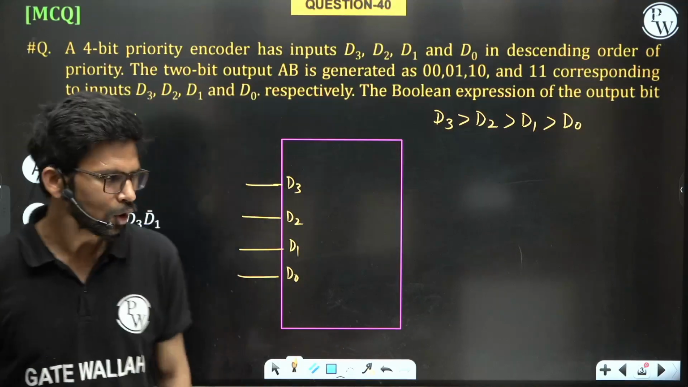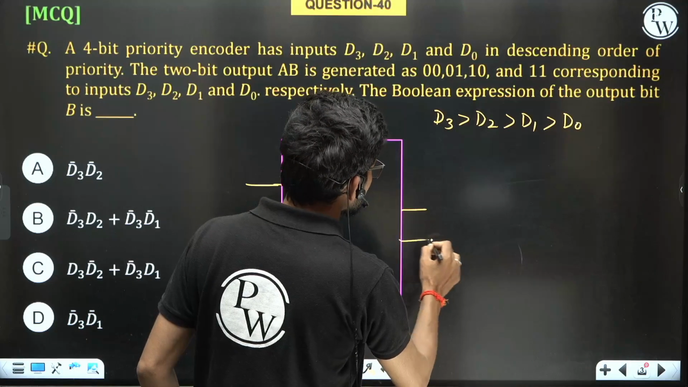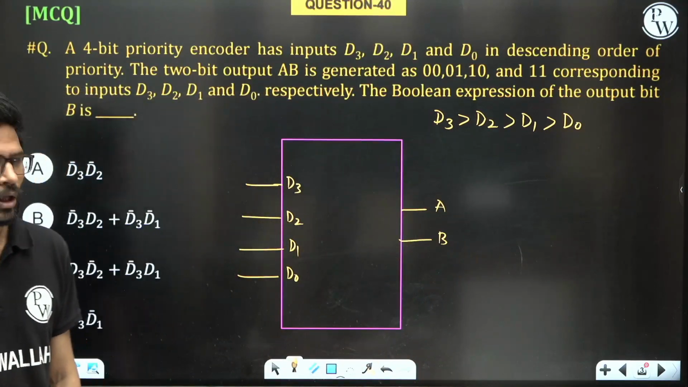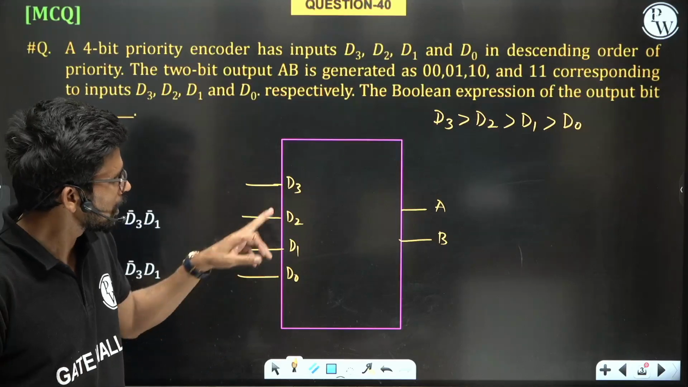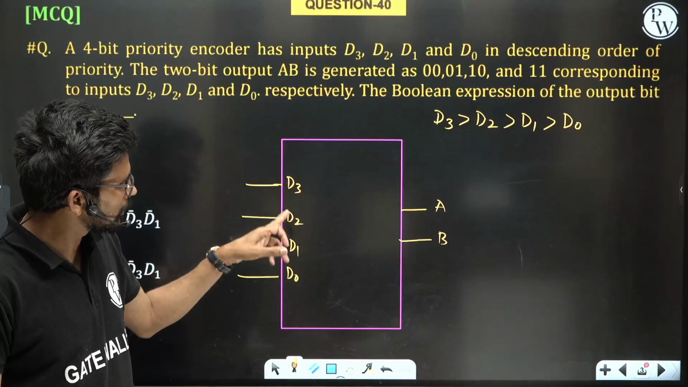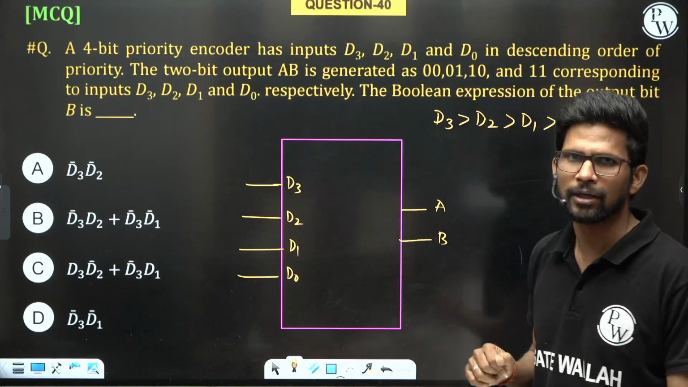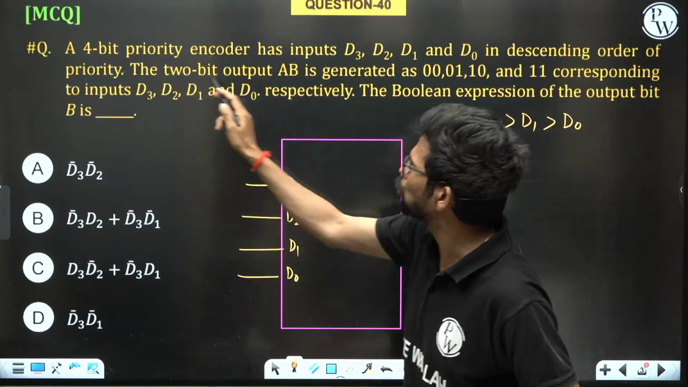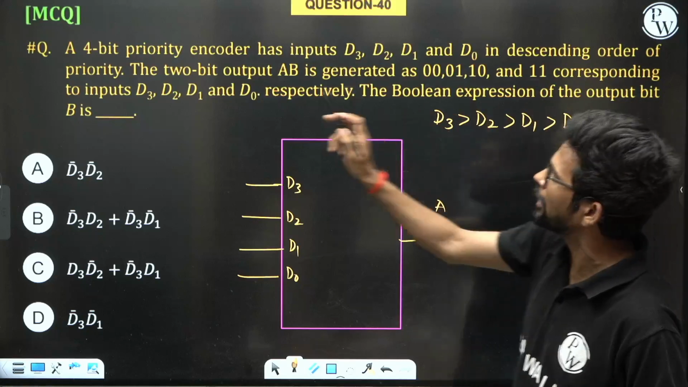So when more than one input line is at logic 1, then we decide the priority. Let us say at the input lines D3 and D2 are both 1, who has the highest priority? D3. Then the output will be produced according to D3. And what is the output? The 2-bit output AB is generated as 00, 01, 10 and 11 corresponding to inputs D3,